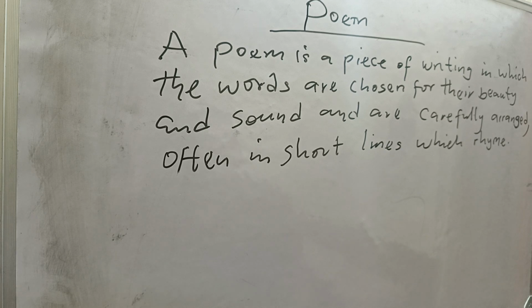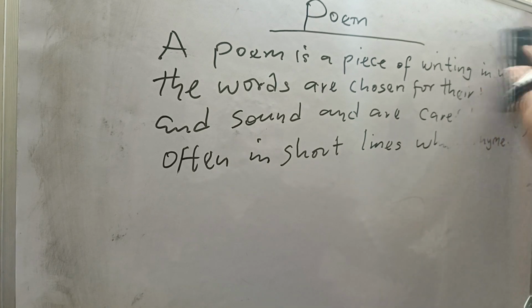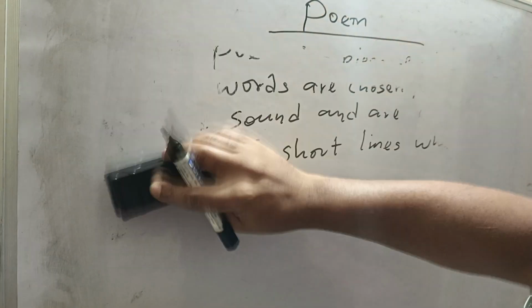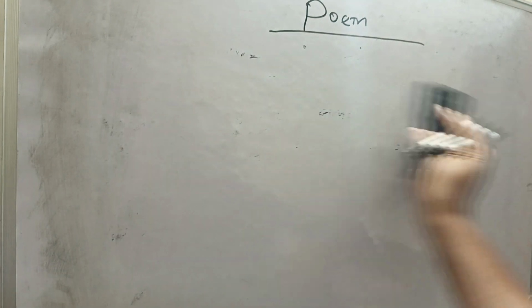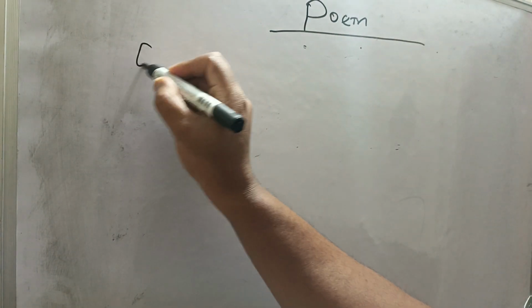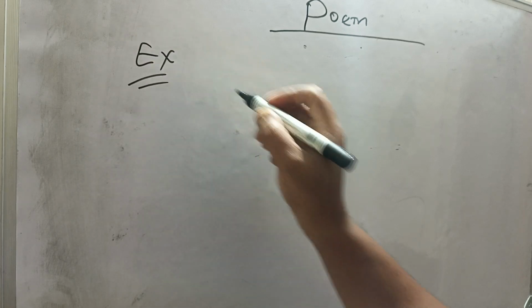A poem is a piece of writing in which words are chosen for their beauty and sounds and are carefully arranged, often in short lines which rhyme. So, let's take a look at an example. Let me write a short poem. Example: